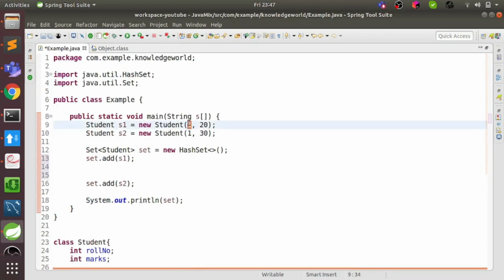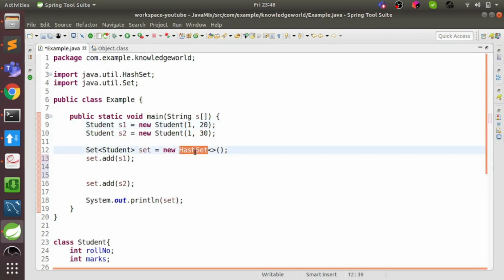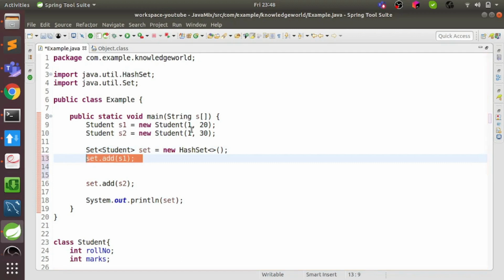We'll talk about the internal implementation of hash set in a different video, but for the sake of this video, let's assume hash set internally maintains a hash map. In the internal hash map, it tries to push this element at the place where the hash is 1, and there is no element there, so it will just add this element at the place where hash is 1.